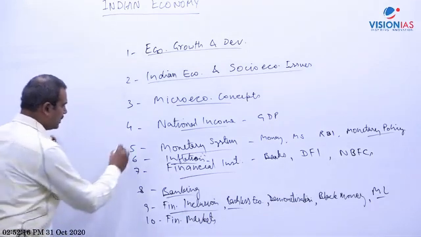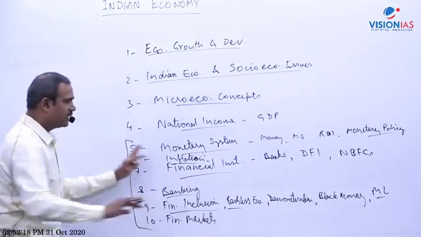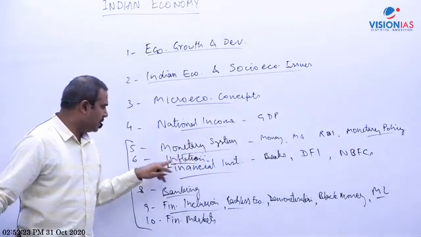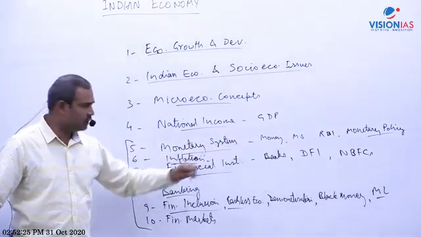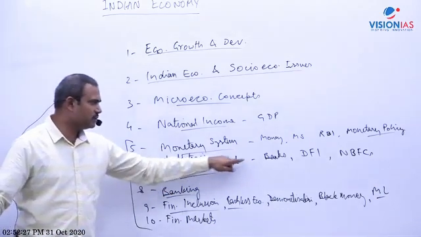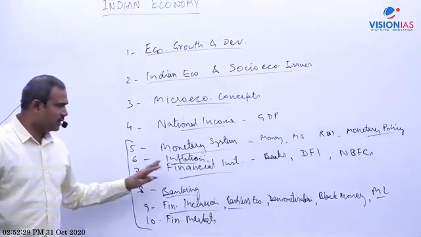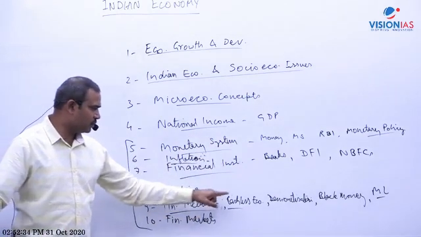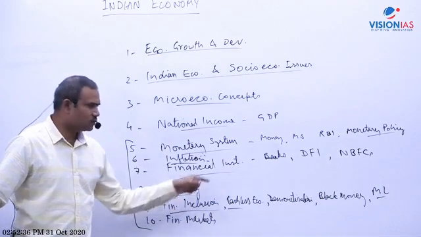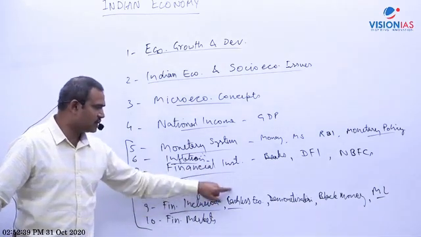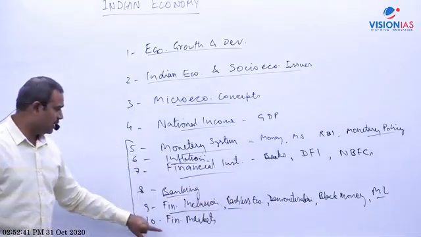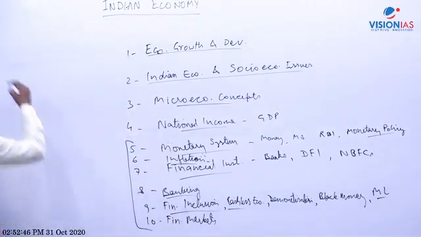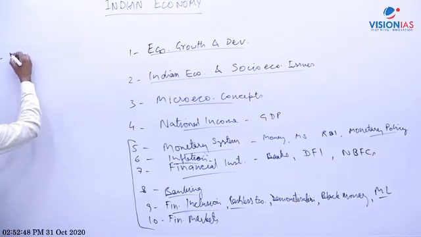So these chapters are related with money, banking and finance. Here I will discuss the basics of money supply. Inflation is related with this, somewhat, monetary policy. Financial institutions means banks, etc. And then banking: issues, problems, reforms in banks, and some topics related with social aspects like financial inclusion, cashless economy, demonetization, black money, and financial markets. Finally, stock exchange, etc.